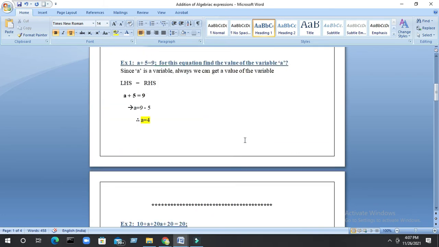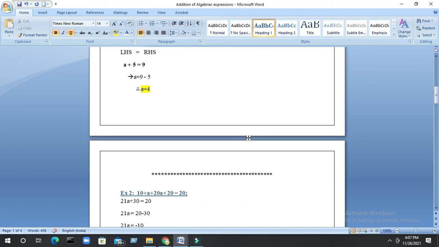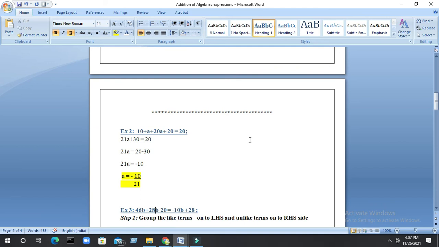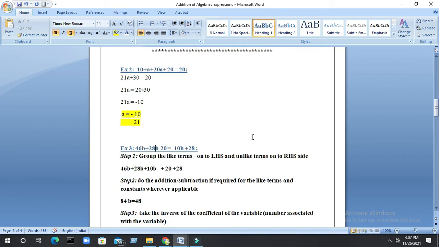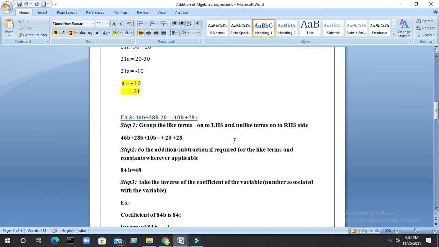Friends, so here in the first two equations, the first two examples, I had not stated the rules because since they were very simple, probably rules will not apply there. Now, I will go for the third one, make some standard rules. Maybe these are the repeated rules, or maybe let us look for them once more. Now, what I will tell in step 1, group the like terms onto LHS and unlike terms and constants